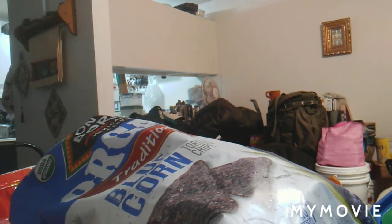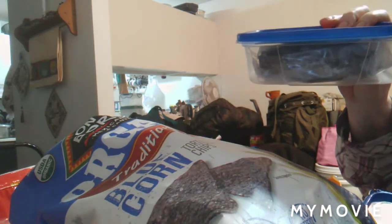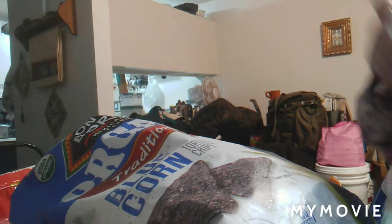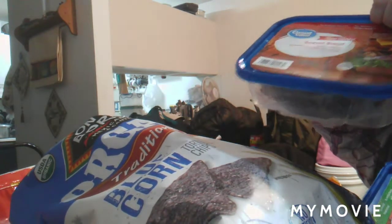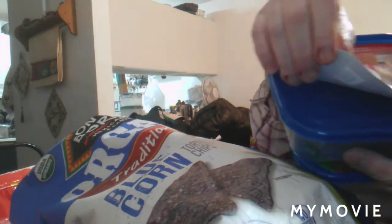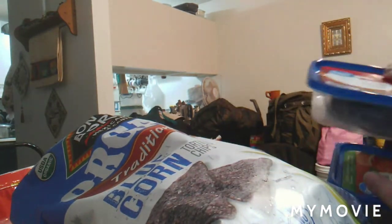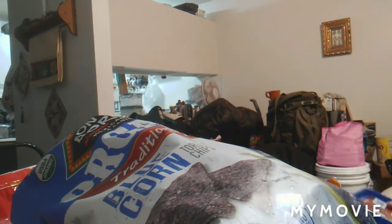And then I just got the small containers. I like these because the meat is inside of another bag, and I'll show you that. See, this is the meat itself inside this bag. And then once you're done with the meat, you can take this label off. So you just pop that off, and you've got yourself another storage container. So I got some roast beef, and I got some mesquite smoked turkey breast. So I just decided to grab a couple of